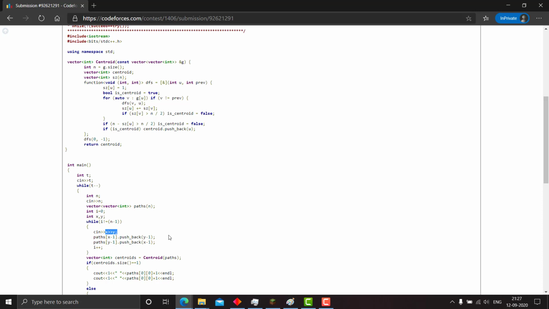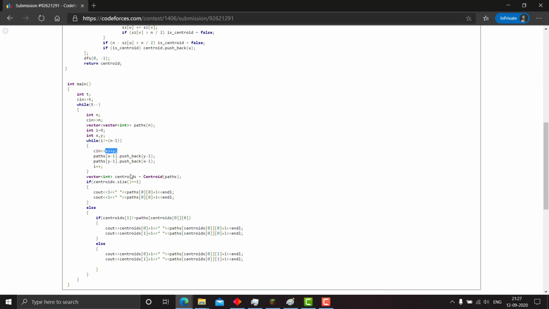So I guess this is all. Next we just use the centroids. If the size is 1, then we just remove an edge and add the same edge back. And if it is not 1, then we remove an edge connected to centroids of 0 and add it to centroids of 1.